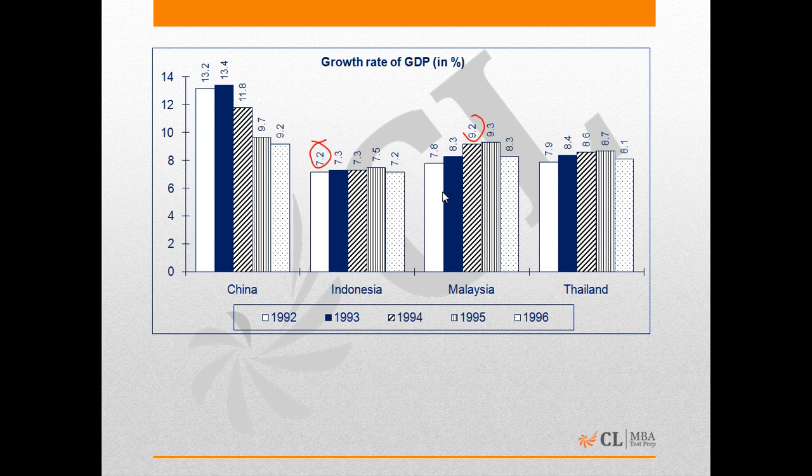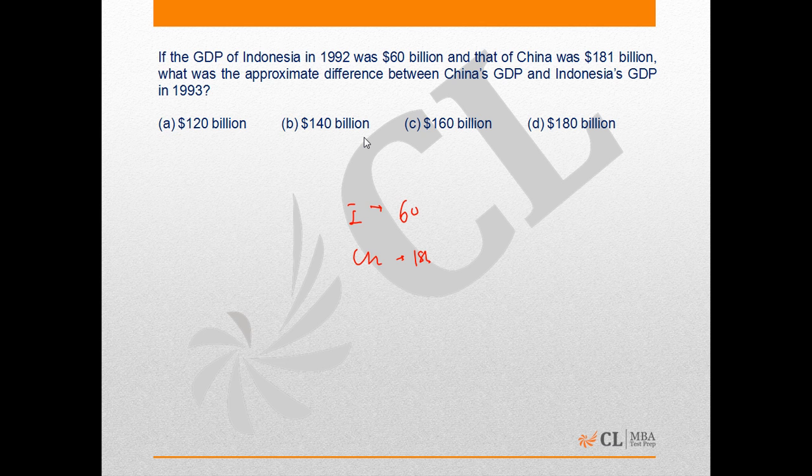From the graph, it can be noted that the GDP growth rate of Indonesia in 1993 was 7.3. Therefore, the GDP of Indonesia in 1993 will be 60 plus 60 into 7.3 upon 100. This is approximately equal to 64,